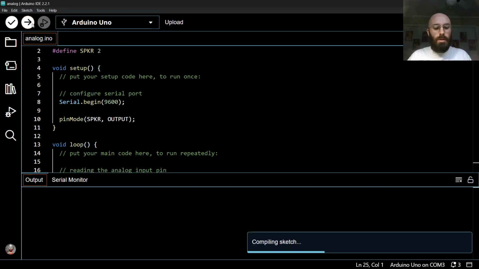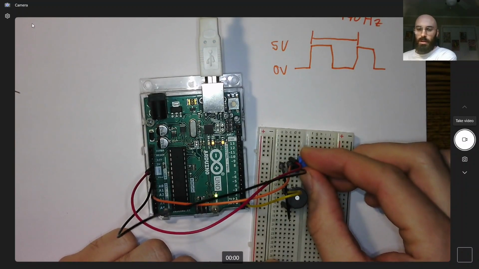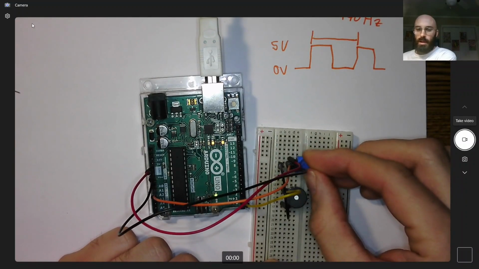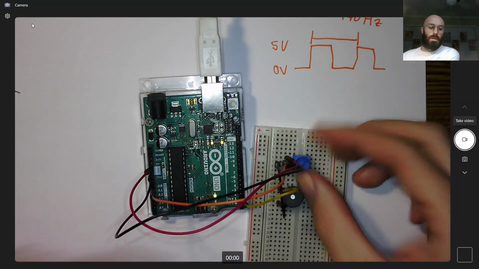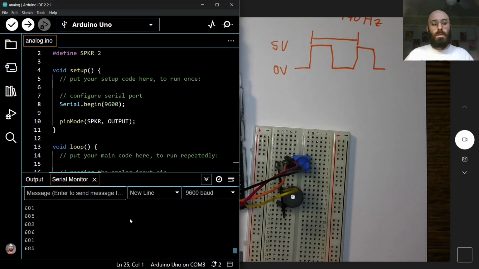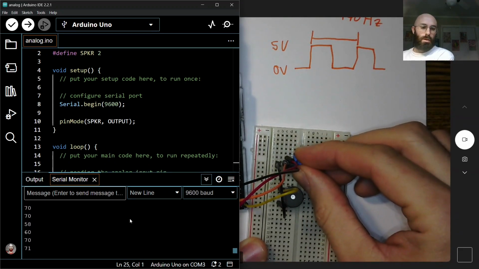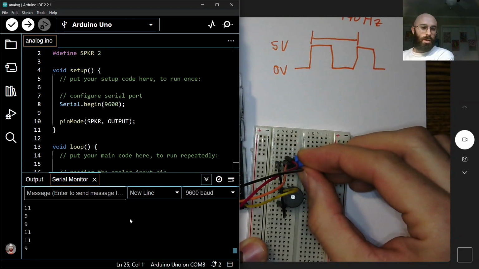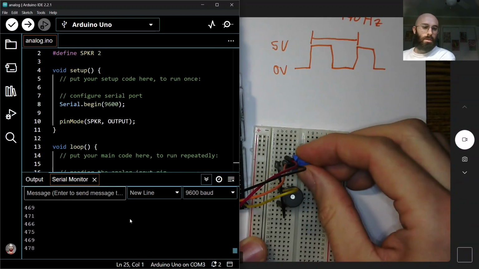But we're going to hit upload, and I'm going to flip over to here, and you'll probably be able to hear it soon. There we go. Oh, okay. So now it's running, and as I turn this, it's getting lower in frequency, and then as I turn this, it's getting higher in frequency. So if I go back here, and I go like this, all right, it's playing about 680 hertz, and now we're getting down to 100. If I turn it really low, it just starts doing this weird clicking, and if I turn it up higher,